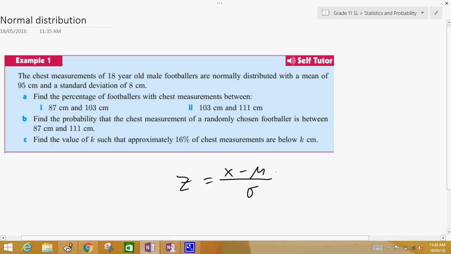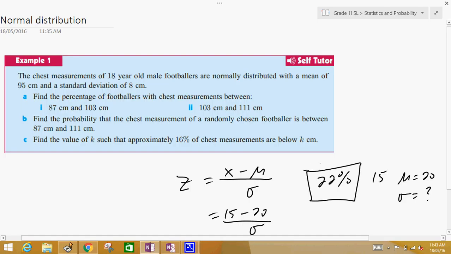So suppose they said that 22% are less than 15 with a mean of, oh, I don't know, 20, and the standard deviation is not given. Well, what you do for this question is your x value is 15, your mean is 20, your standard deviation is what you're trying to figure, and the 22%